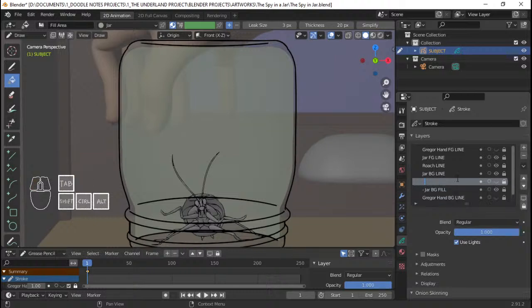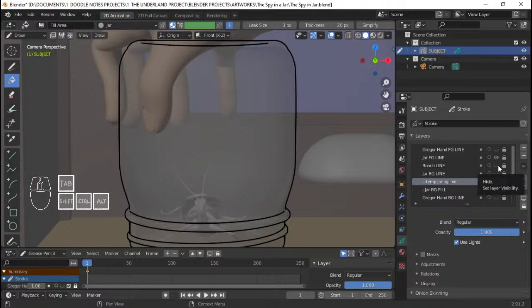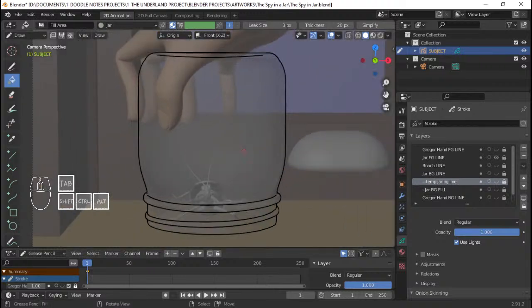I will rename this temp jar BG line. Something like that. And then I'm gonna turn the BG off on the viewport for a while, and the jar BG line, and also the Roach line, because I'm gonna be filling this jar FG line, so I'm gonna add another layer here, jar FG line.